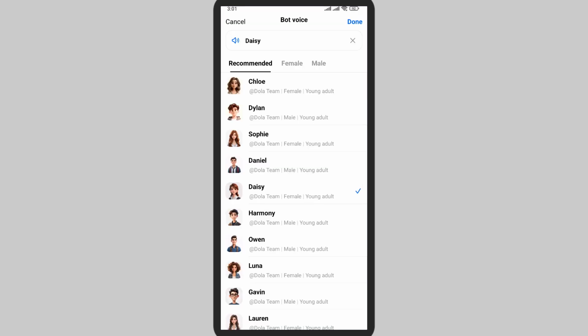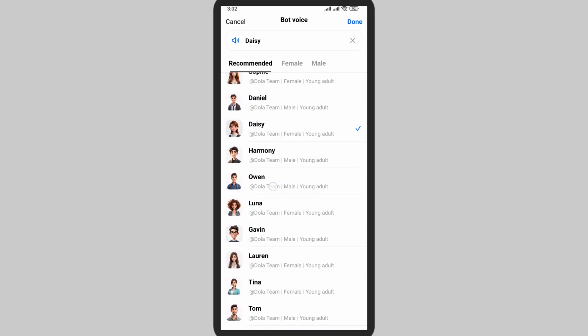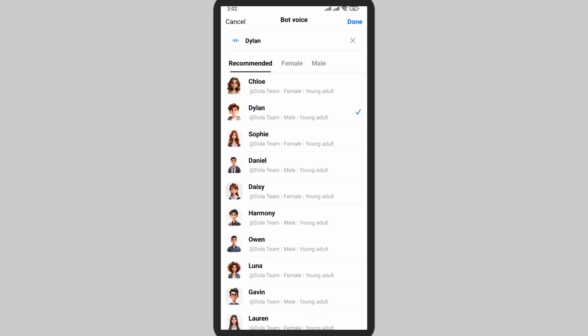So basically, these are the voices that are available. Here, you can select different voices according to your choice. Here, you can see the recommended ones too. So you can swipe and choose the one that you like. Here, you can tap on it and even listen and test out and find the best one for you. At last, tap on Done